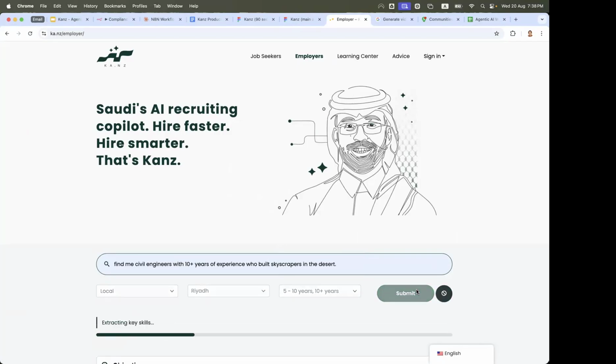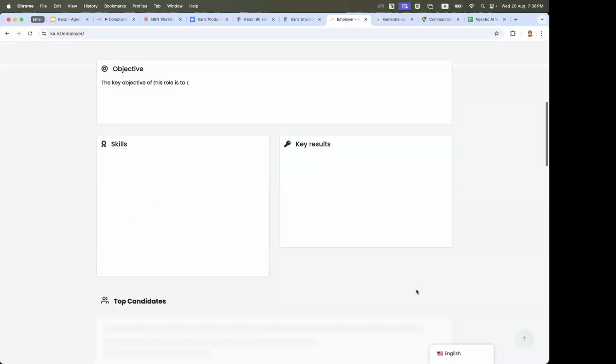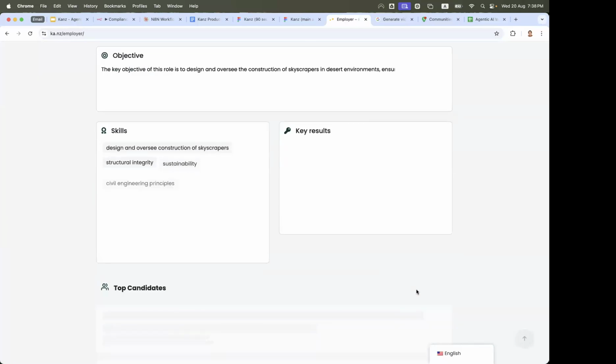And now this is real data. So now it's going into our own talent database, searching, taking this, converting it into a job description, and surfacing the top candidates for the role. Except that we're just building a more modern app version of it, a mobile app.